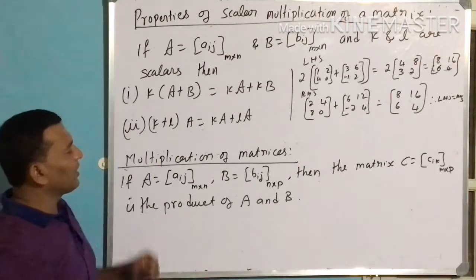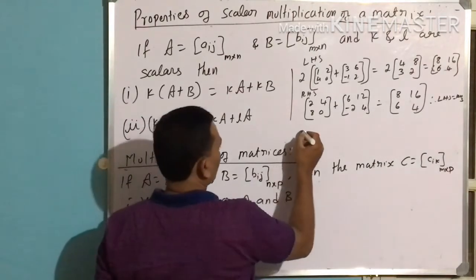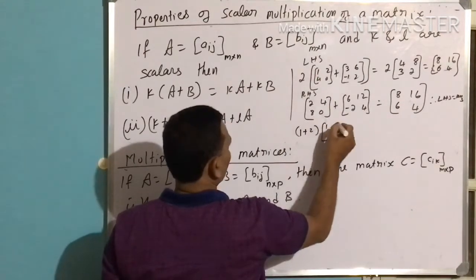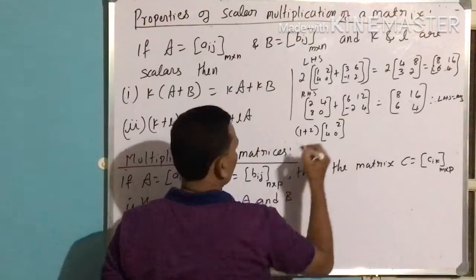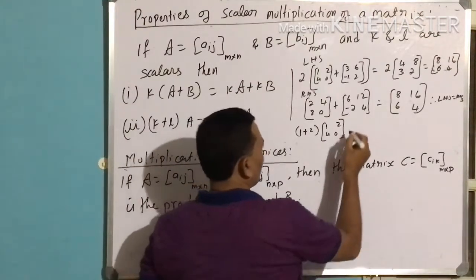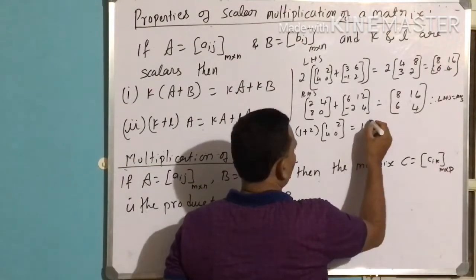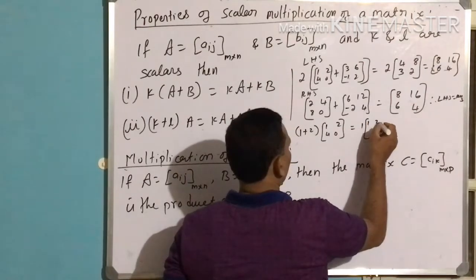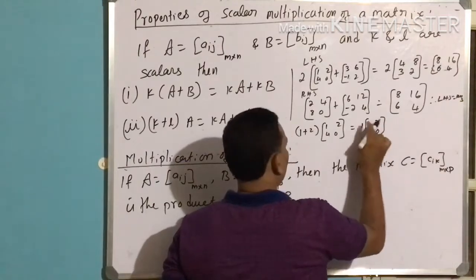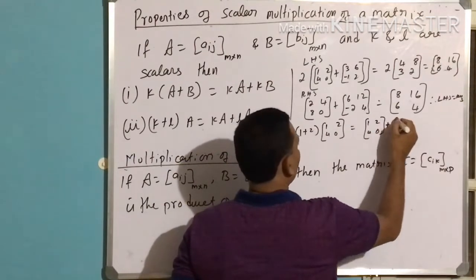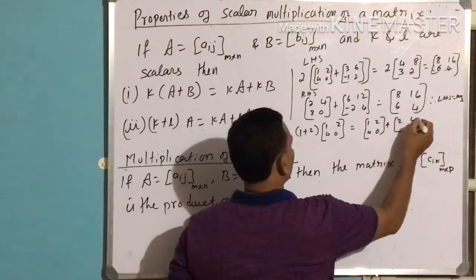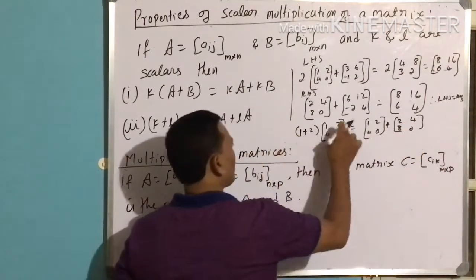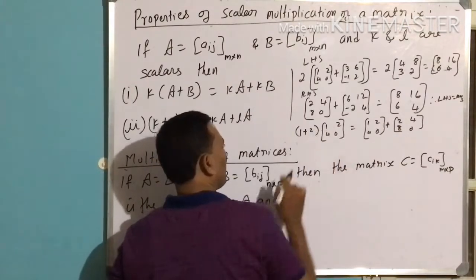You can see, I'll take the two scalars as 1 plus 2. Now you can see 1 plus 2 into the matrix. I'll take the same matrix 1, 2, 4, 0. I'll take two results here. One is, I'll multiply 1 to this matrix first, that is 1, 2, 4, 0. I multiplied by 1, it will be the same, plus I'll multiply 2 to this, which becomes 2, 4, 8, 0. This matrix I obtained by multiplying 1 to this matrix and the second one by multiplying 2 to this matrix.